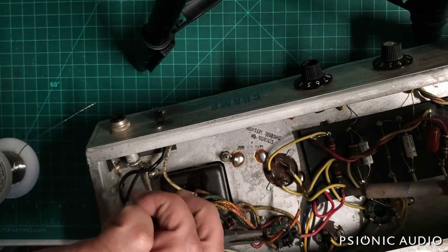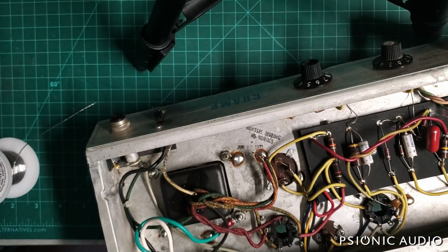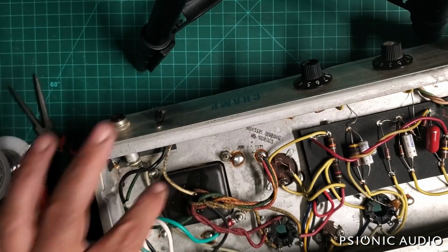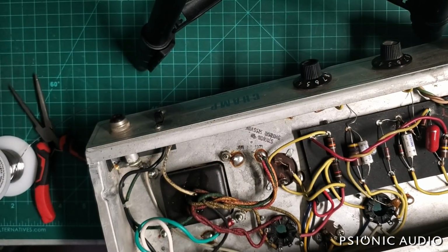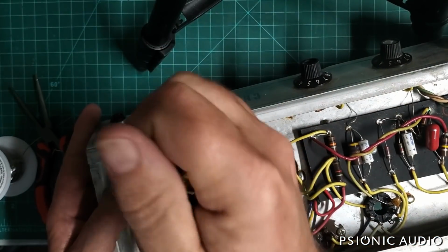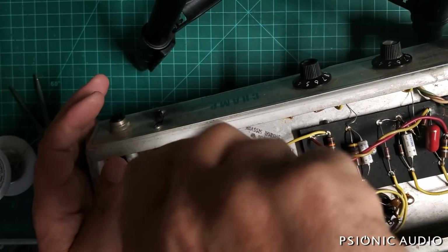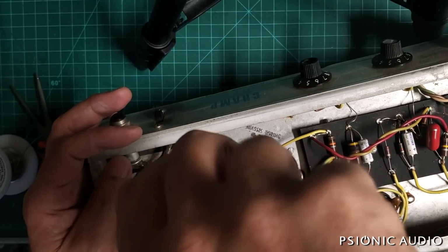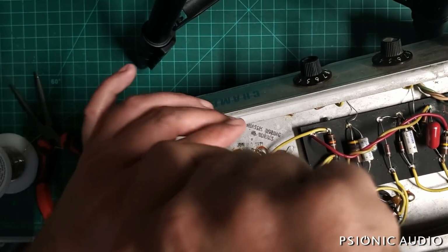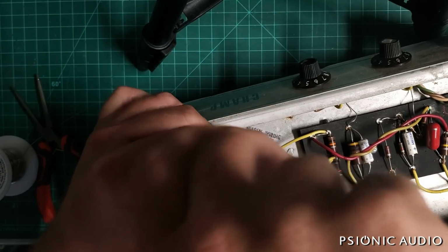And those will get reconnected directly to chassis right here. But first I'm going to take off this mounting screw. I'm kind of doing this just because I can, and I have to heat up the chassis iron anyway with a